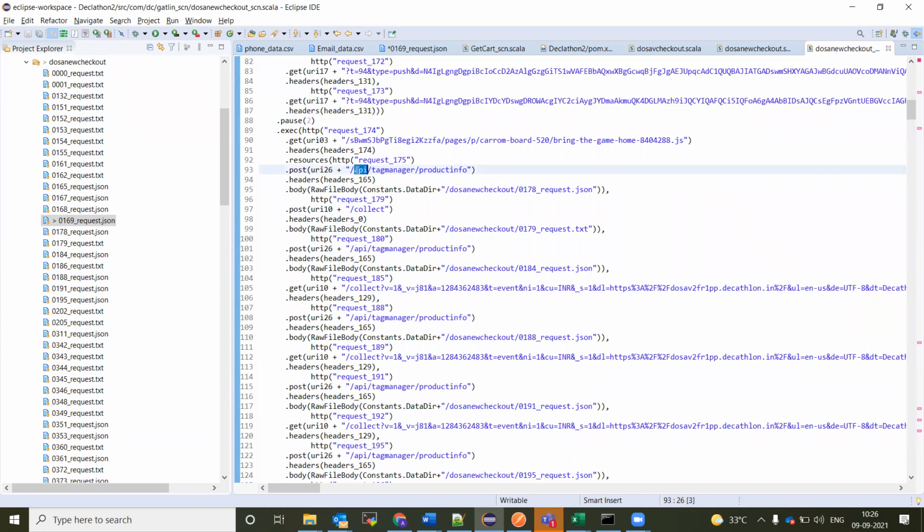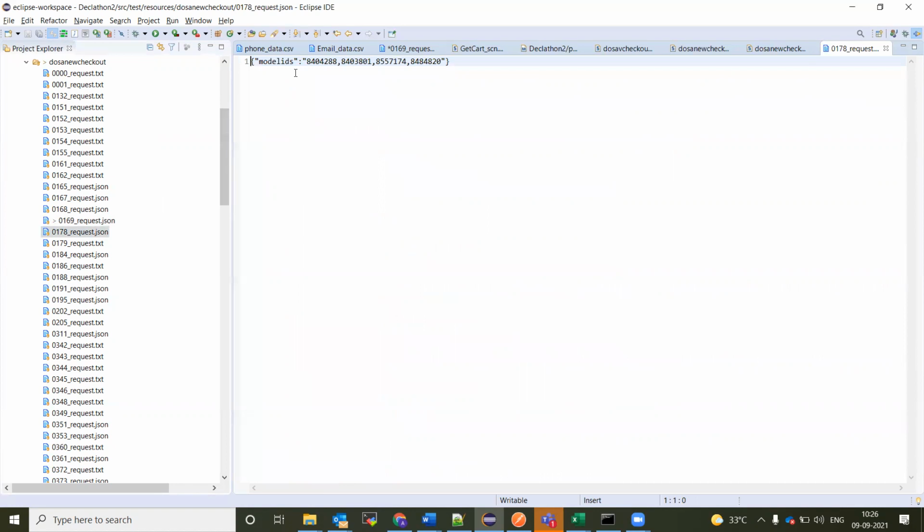And the next one is, okay, this one is raw file body, API product info. Here I'm just sending the same model ID, in the sense it's a product ID. Let's take this as a product ID. It's a product info. I'm sending a product info in the request, 178. So this is a product ID which I'm setting. Always I'm sending a static one, because I'm not selecting this product ID for my purchase. So it will just send the product ID and show whatever products are related to it. So it doesn't make any sense to change this endpoint.